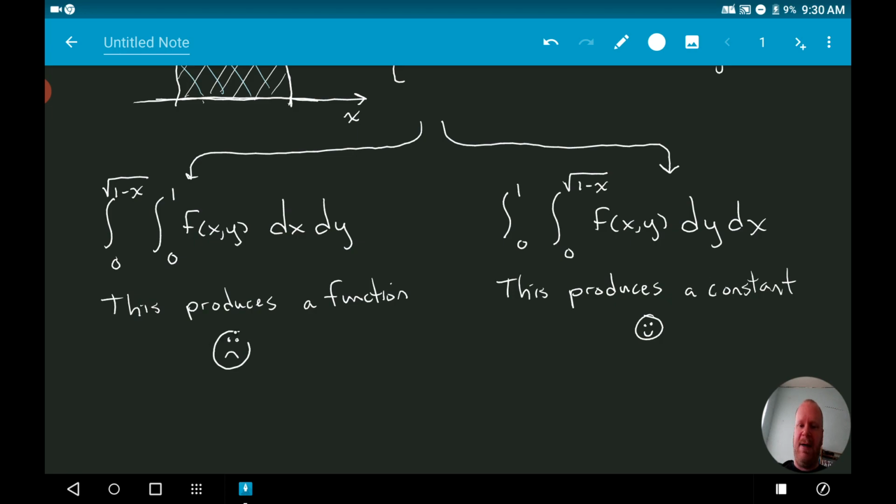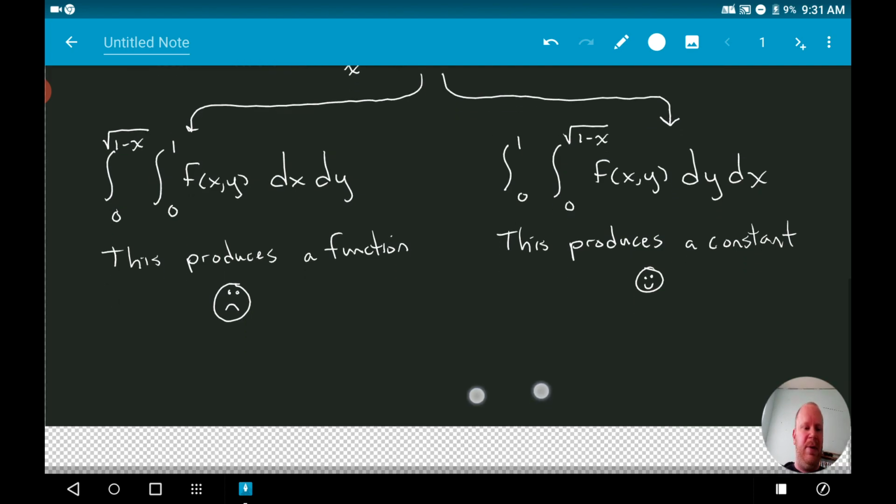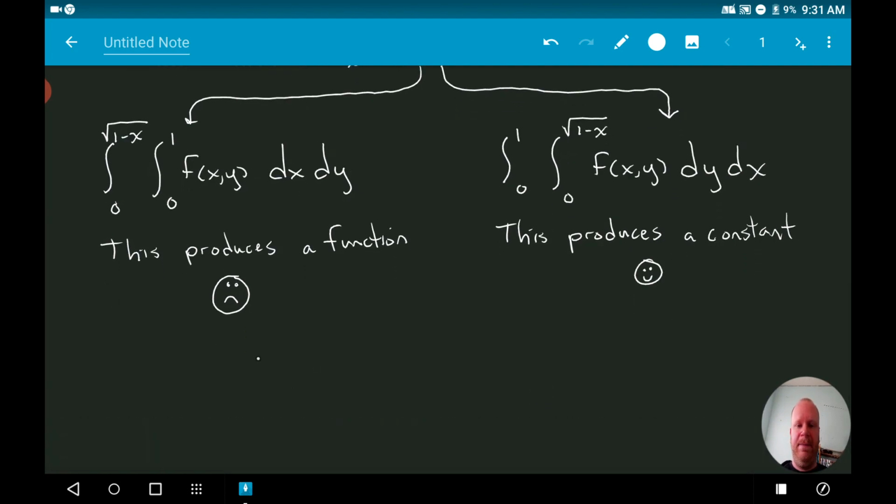And we can't have something that produces a function. So in general, the rule that we have is that if we have constants on the outside here, that's good. But if we have functions on this outside integral, then that's not going to produce a constant, so we can't have that. So we'll go ahead and write that down. In general,